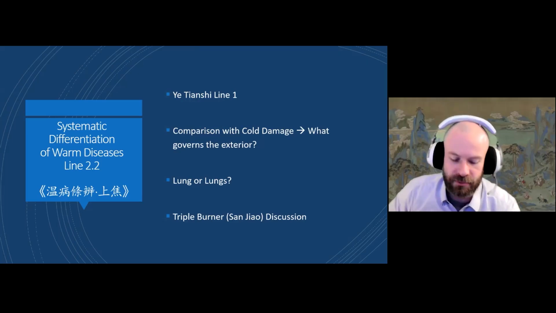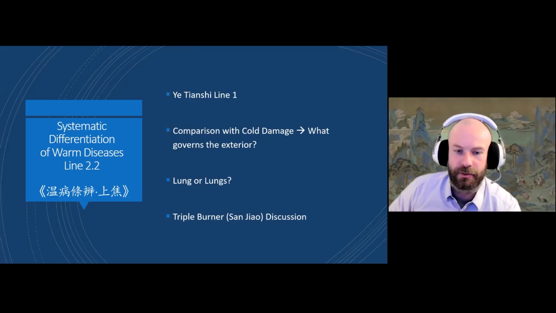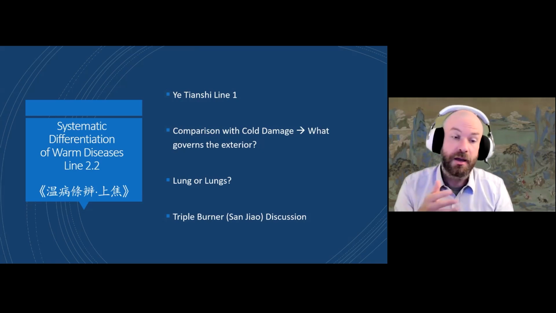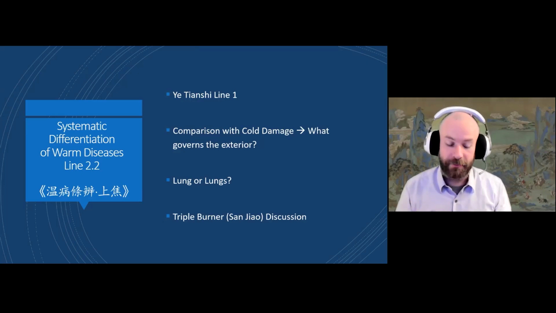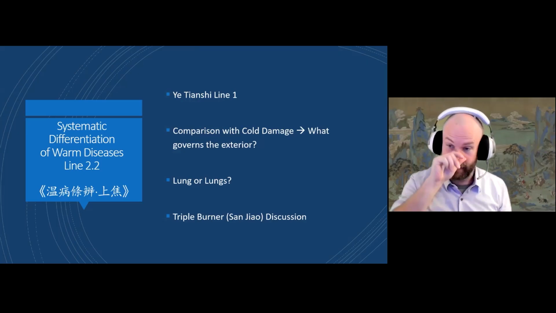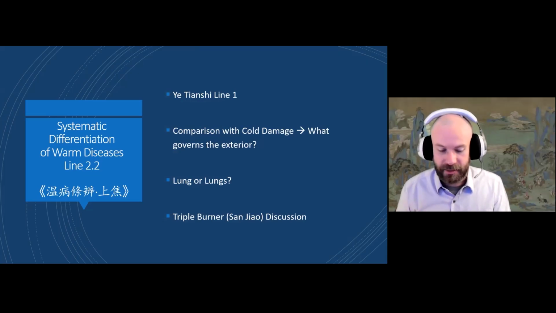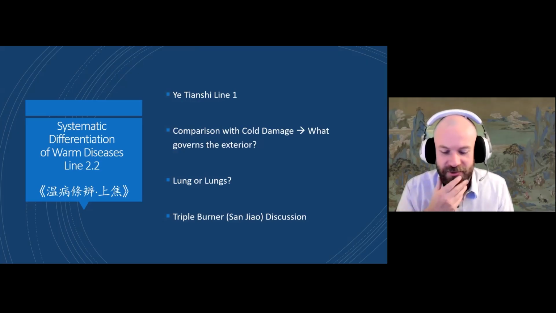Now this comes down to, in my opinion, a little bit of theory. The first time I see the liver mentioned as lower burner is actually Wang Bing's commentary on the Su Wen in something like 673, 7th century. I don't know the exact date, but he's writing a commentary on the 19 lines, and he says that diseases of the lower relate to the liver and the kidneys as well. But there's somewhat of an argument you could make, sorry, that wasn't good English.